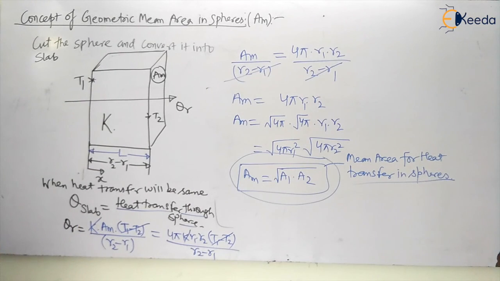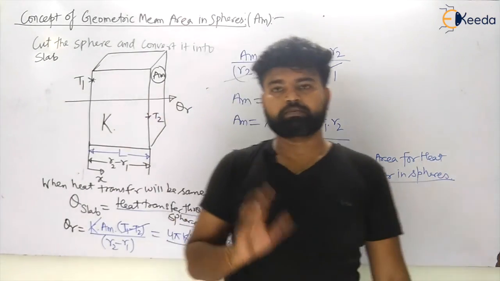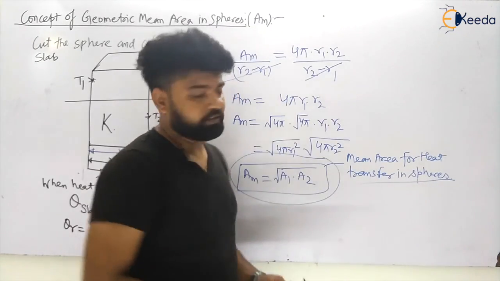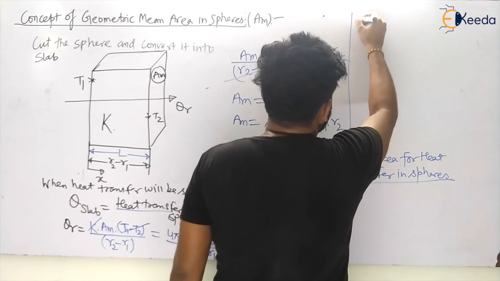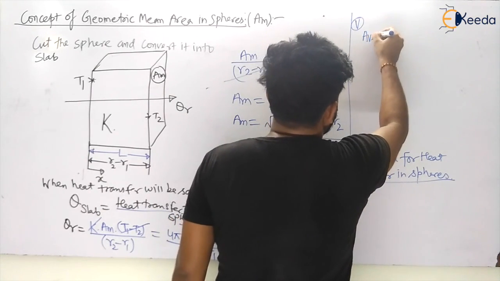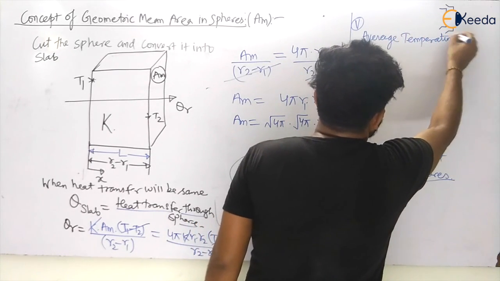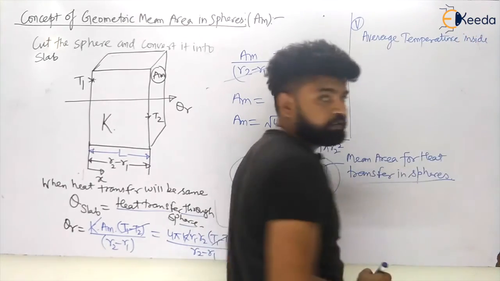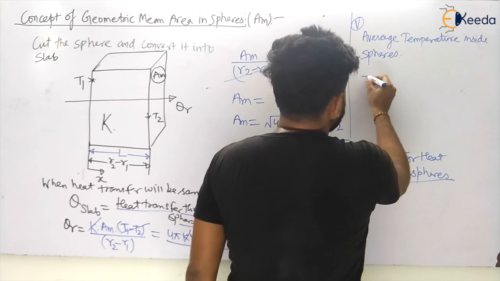And let us see what will be your average temperature in spheres. So I am giving the last equation in these spheres, so that if there will be any question, you can easily remember that and do the question. So average temperature in the spheres is given by what? Let us see. Average, that is the last concept, the fifth one. Average temperature inside these spheres, my dear students. So this is given by T average is equal to